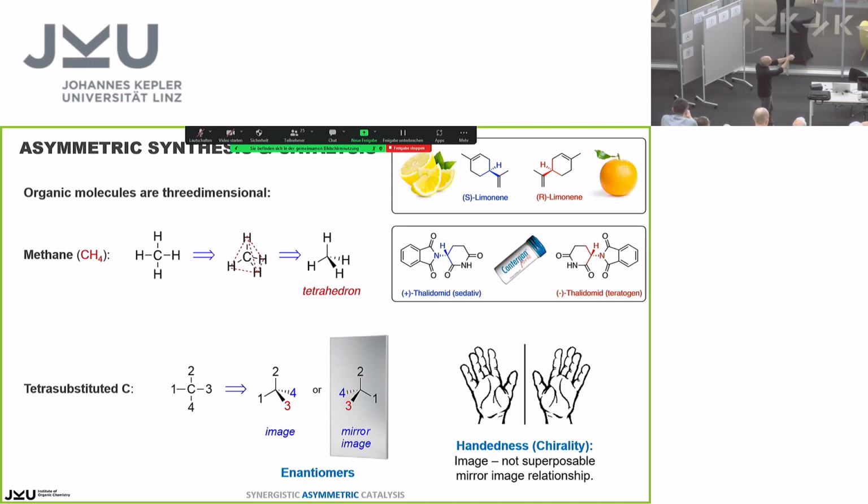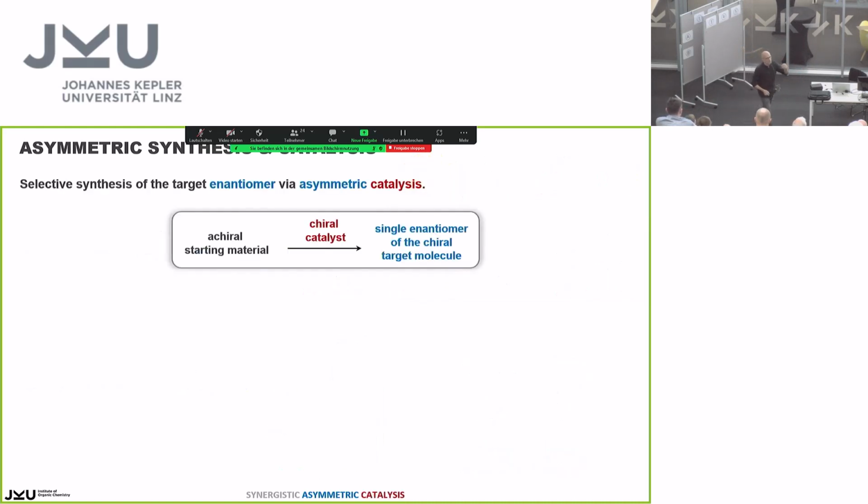It was sold under the name Contergan. Some of you are familiar with this scandal, because the problem was that this enantiomer had the known, wanted sedative properties, whereas the other enantiomer had unwanted teratogenic properties. And since this moment, it has really been known that when you bring a drug to the market that is chiral, where you have a stereogenic center, you really need to address the stereogenic center. You need to be able to control it.